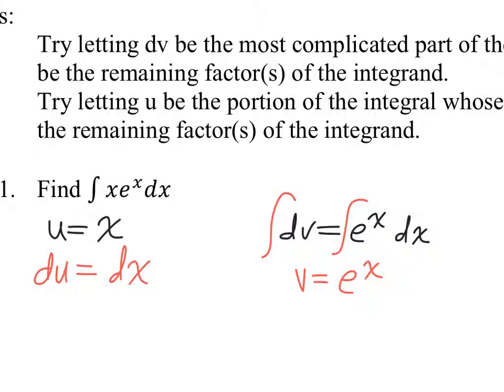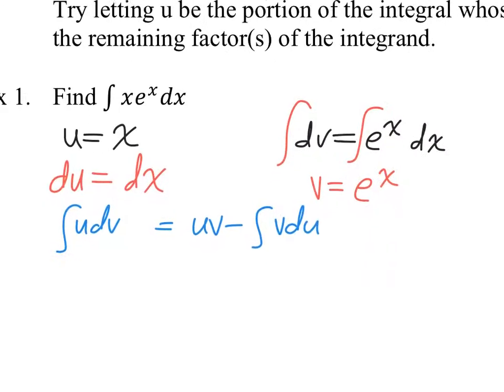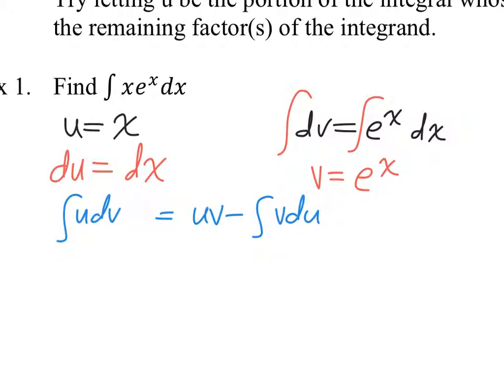I have a u, I have a du, I have a v, I have a dv, so I'm good to go because my rule says uv minus the integral of v du is equal to the integral of u dv. All right, so